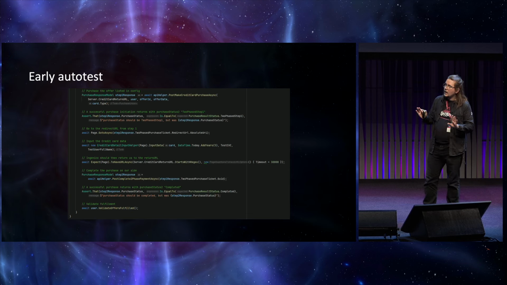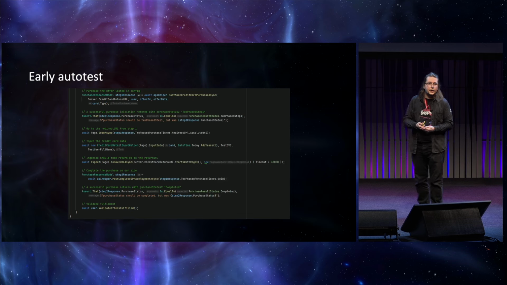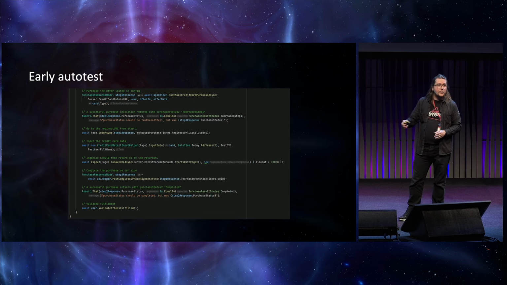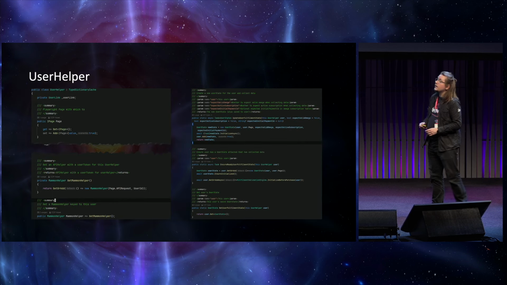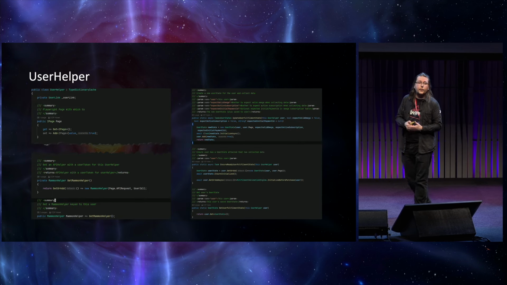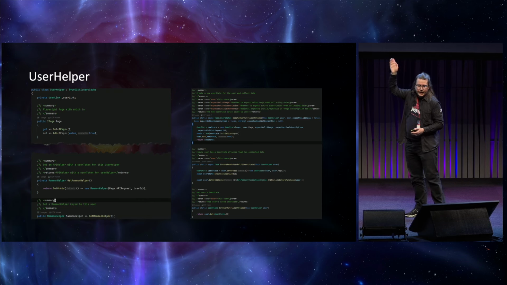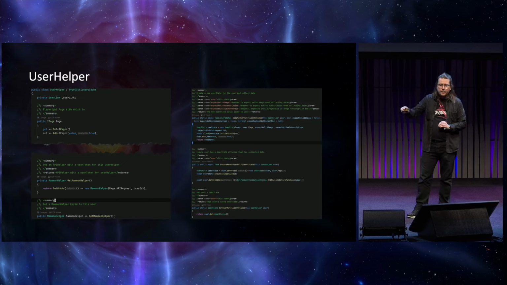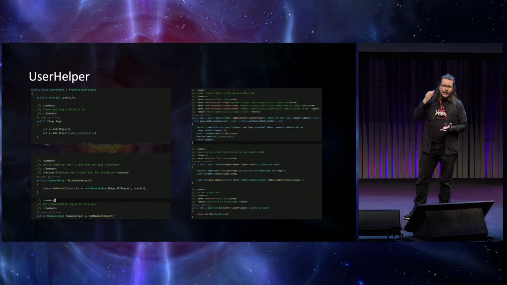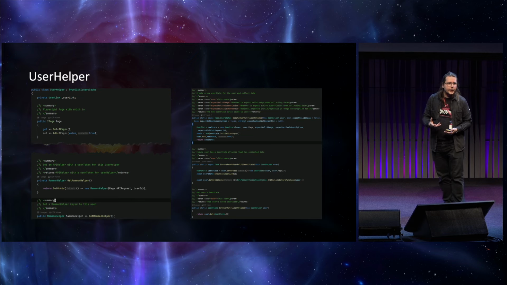Now, we have multiple different test projects. And a lot of this process, like creating a user, is thus in a shared library. But that library needs to be pretty extensible for project-specific features. Extensible like the user helper. The user helper is created by the user builder, and it inherits from the type dictionary cache class, a thread-safe, in-memory cache key to the object type. Using that, I can safely store and fetch properties to the user helper at will, and could create extension methods in the consuming project to add whatever functionality I need.